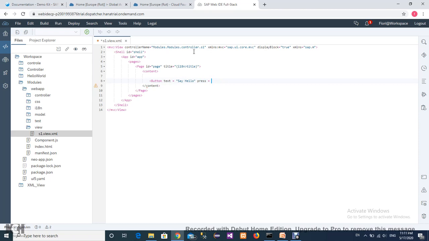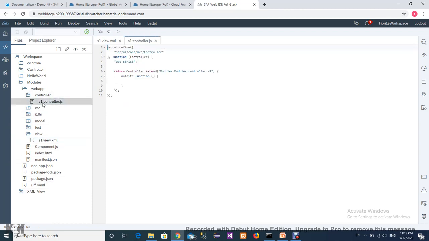Give it event. On click. Save as. Now go to controller.